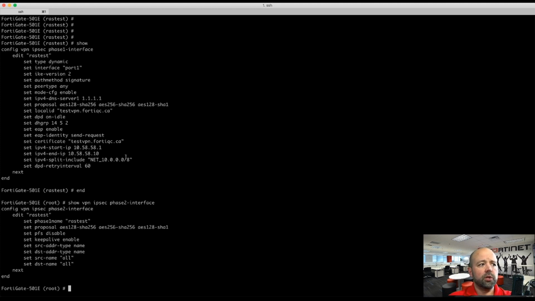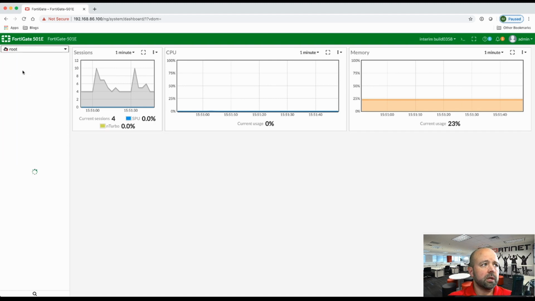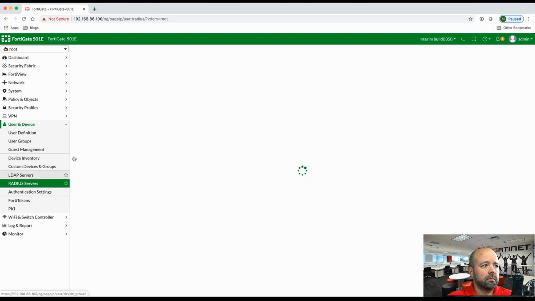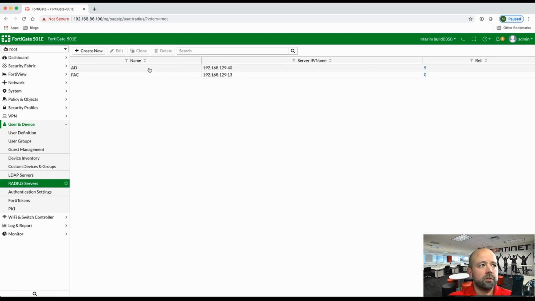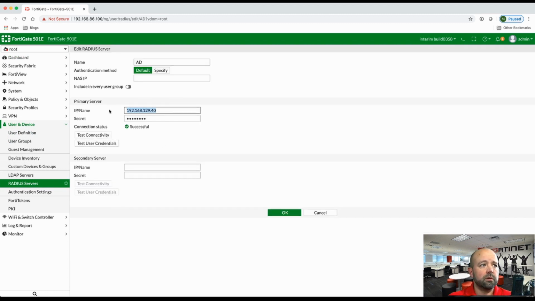So the configuration on the VPN side is fairly straightforward. Obviously, you'll notice that we're not talking about a RADIUS server anywhere in there, and that's because we're doing that inside the user definition. So if we move back to the UI here and go inside our VDOM user section, RADIUS servers, we have a server called AD, which is the NPS server. So we've configured that already. And this is simple. It's the server IP and the secret key that's been configured in the RADIUS client on